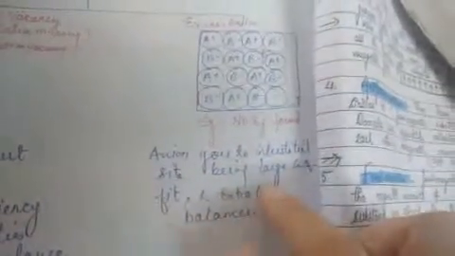Now the next type of metal deficiency defect is due to extra anion or excess anion. So here what happens, again a cation has been missing, a cation has lost its site or has gone out of the crystal lattice, and one anion is trapped in the interstitial site. Till now no example has been found. This is not in the syllabus also. The anion goes to the interstitial site, and being larger it cannot fit, and the extra cation balances it. So basically no example is found for this.